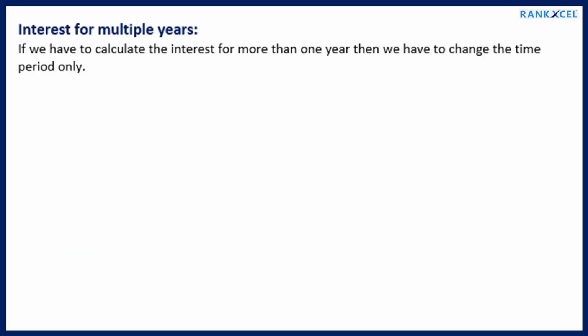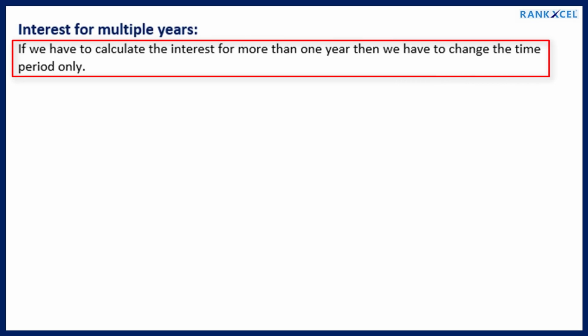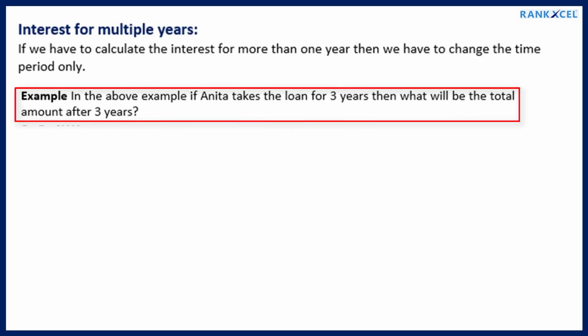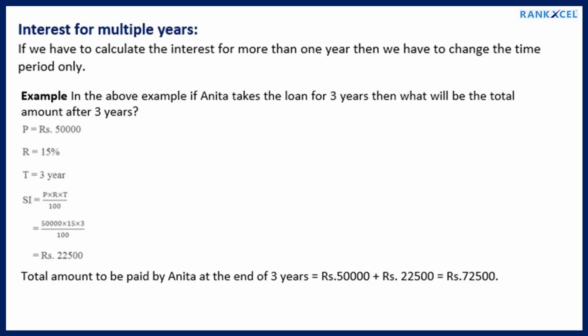Interest for multiple years. If we have to calculate the interest for more than 1 year, then we have to change the time period only. Example, in the above example, if Anita takes the loan for 3 years, then what will be the total amount after 3 years? Total amount to be paid by Anita at the end of 3 years equals Rs